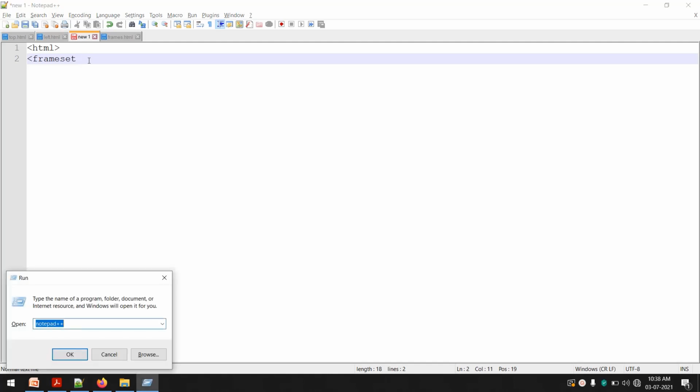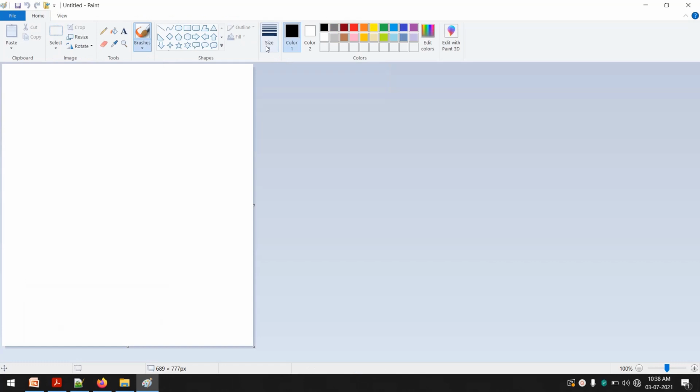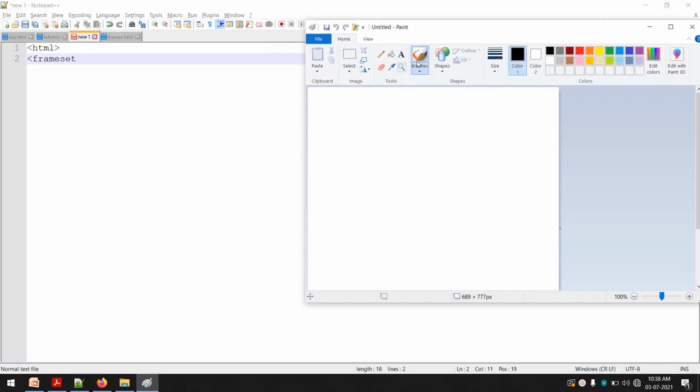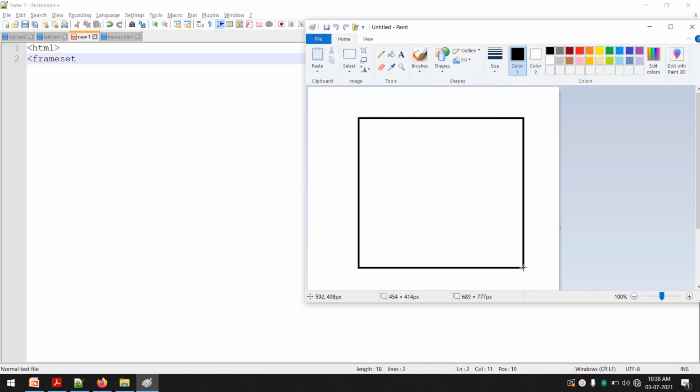I'll just show you what we are creating again. I'll open MS Paint. Okay, what exactly we are going to create is this. We will be creating a window, and first it will be divided into 2 parts, like this.